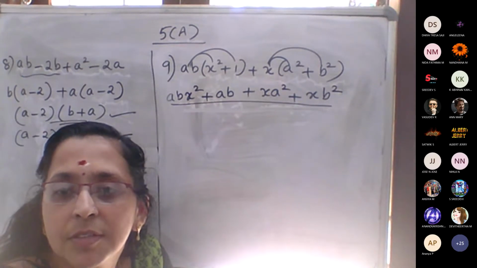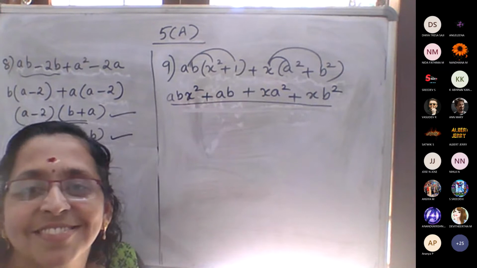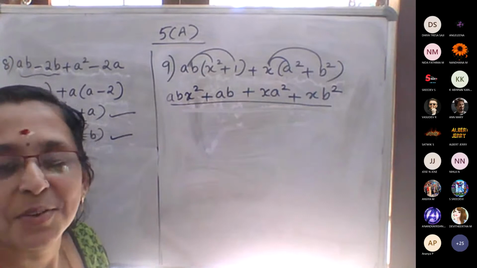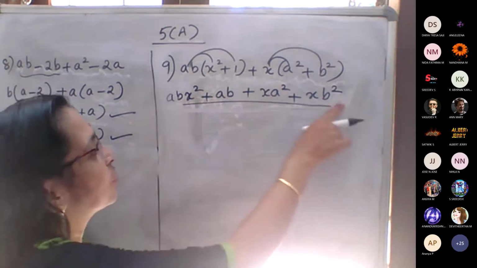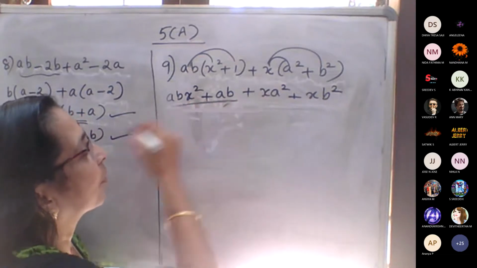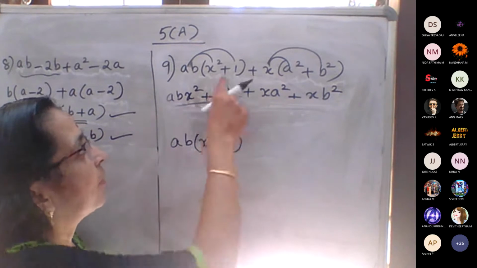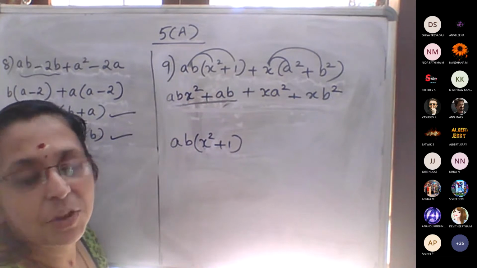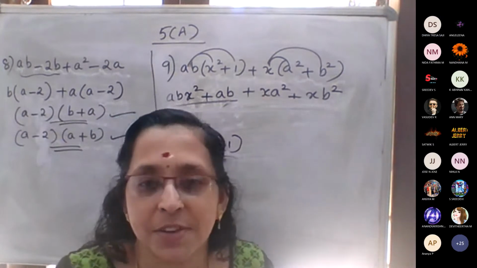What about the others? You are not agreeing. Why? For those students, it is wrong. Why? Because Diya and Satvik said first, no? If we take these two, which one is common then? AB into x square plus 1. That only we shuffled. We don't want that friendship. We are saying, Satvik, I don't want your friendship.